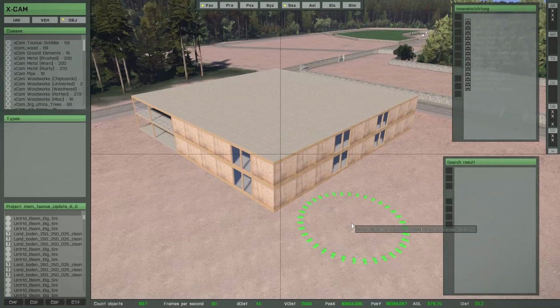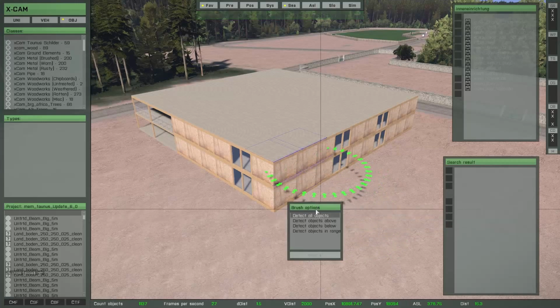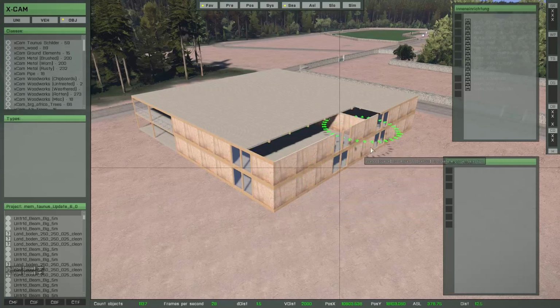And as you know, now the brush can only detect these pre-selected object types, and then it's easy, for example, to hide these objects here